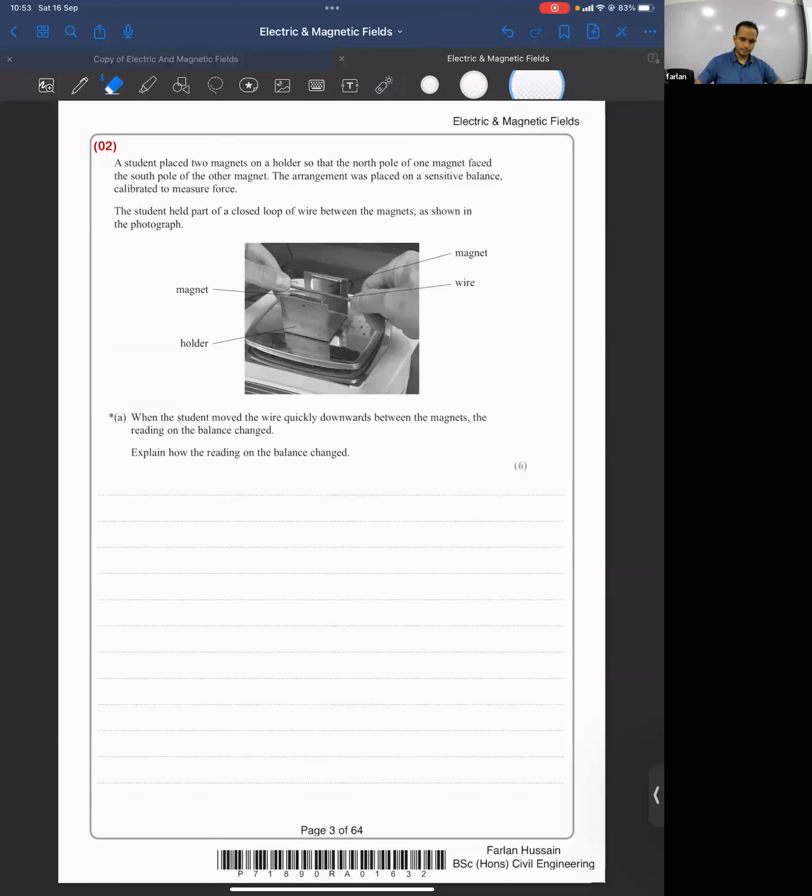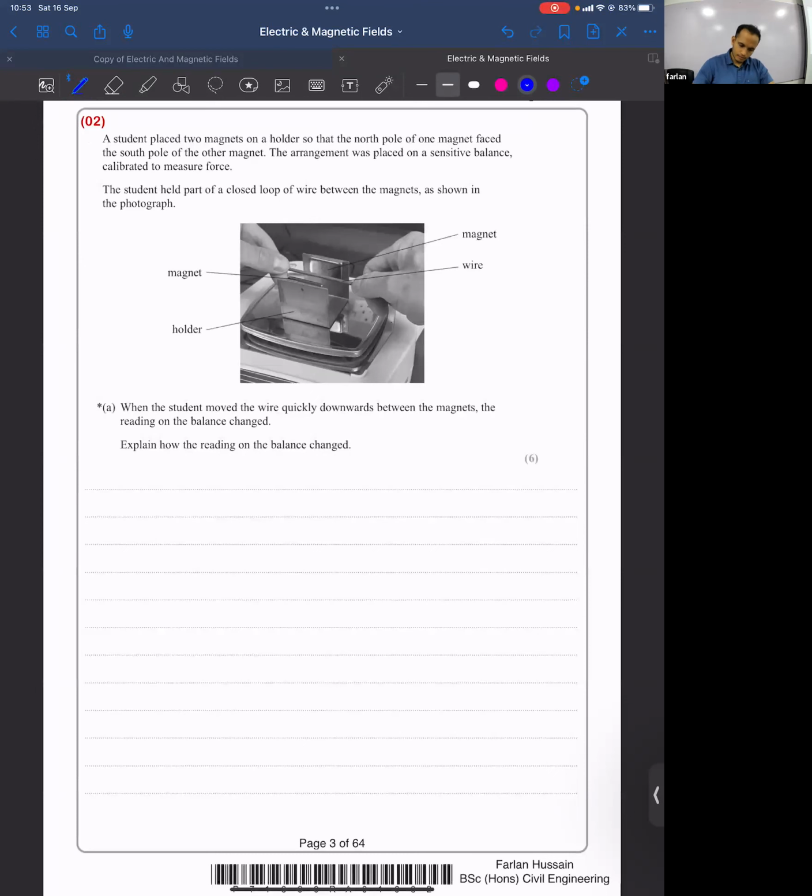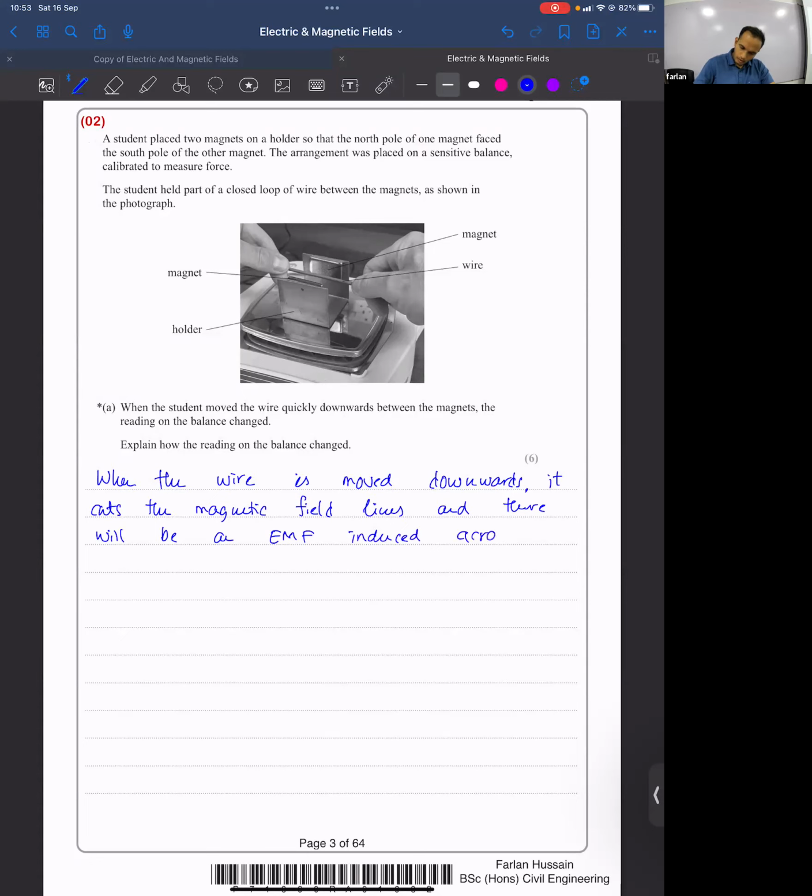Let's write. When the wire moves downwards, it cuts the magnetic field lines, and there will be an EMF induced across the wire,